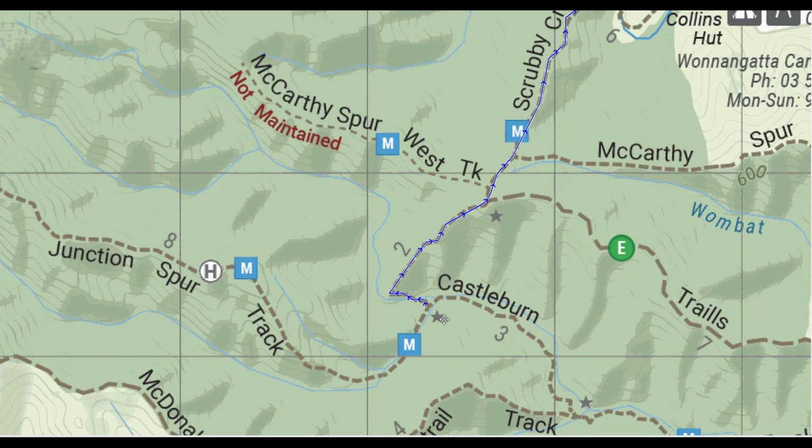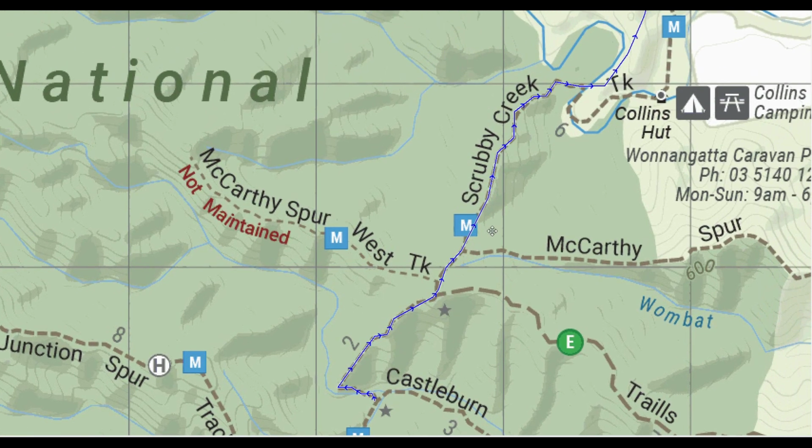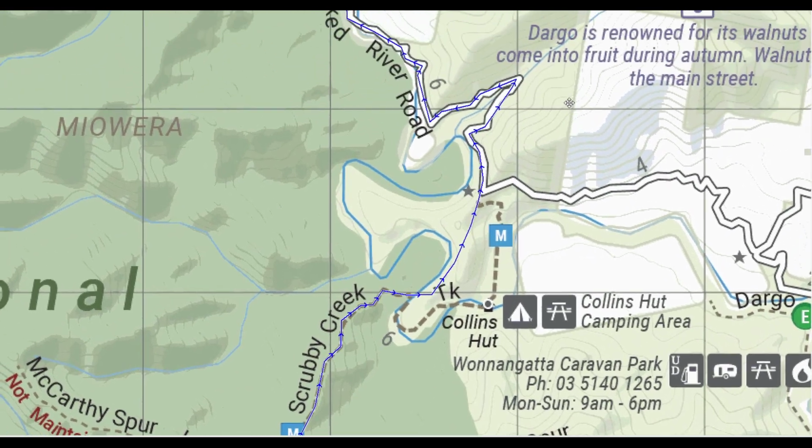So picking up where the last video left off at the end of the Castleburn Track. This section here is actually still called Scrubby Track. So Trails Track actually starts here. So this first couple of Ks is where most of the action is on Scrubby Track. After that, it's not too bad. The first couple of Ks are kind of go hard or go home, especially in the conditions we hit it in. So from there, we got up to the Trails Track and we continued on from there, followed Scrubby Track through to